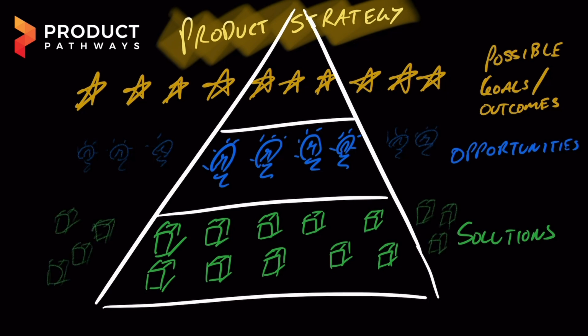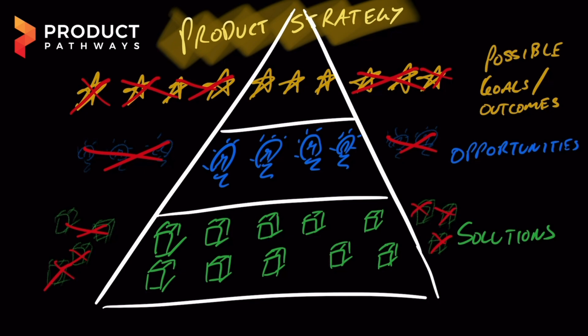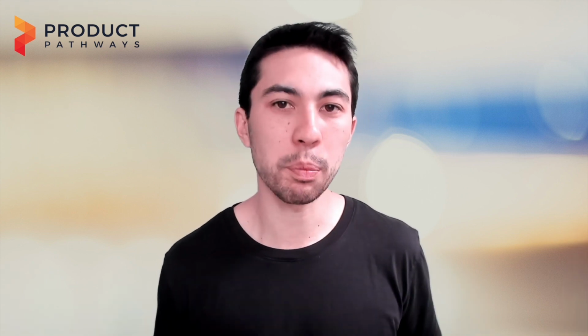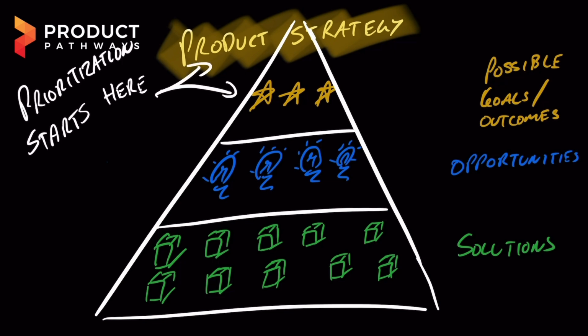I'm trying to break things down: prioritize an outcome, then prioritize the opportunities that fit within it, and then prioritize those solutions that fit underneath that opportunity. And this is how product managers effectively prioritize. It's not something where you get everything in the backlog, put it in a spreadsheet and do some magic calculation to rank them all. It really is a multi-layered activity. It starts with strategy, works on the outcomes, works onto our opportunities, and then onto solutions.